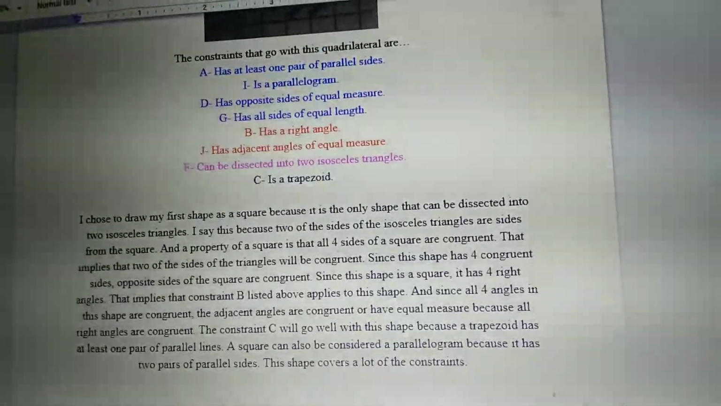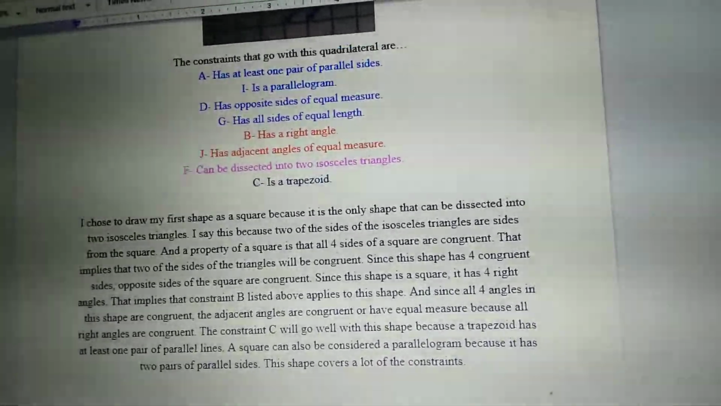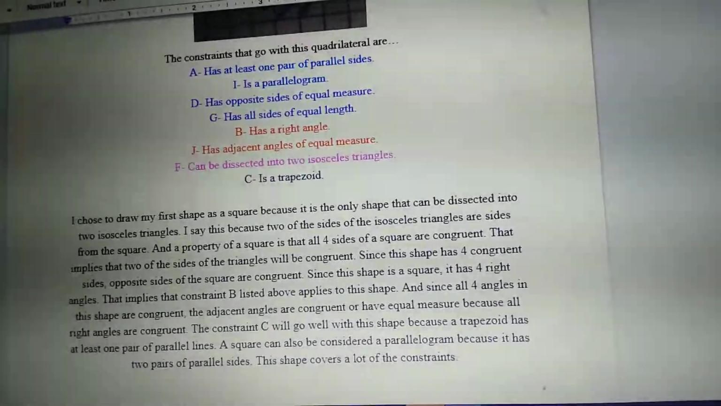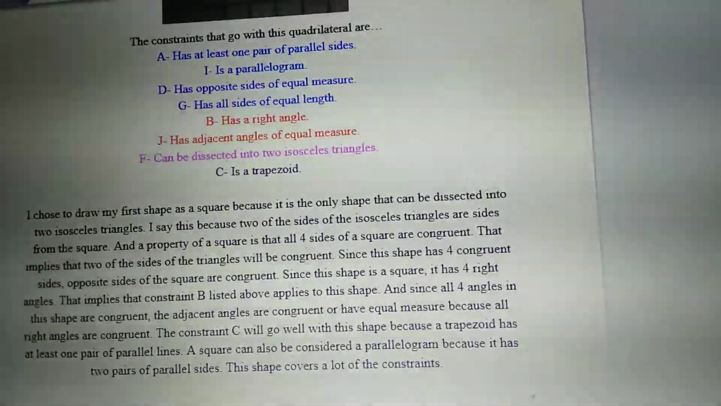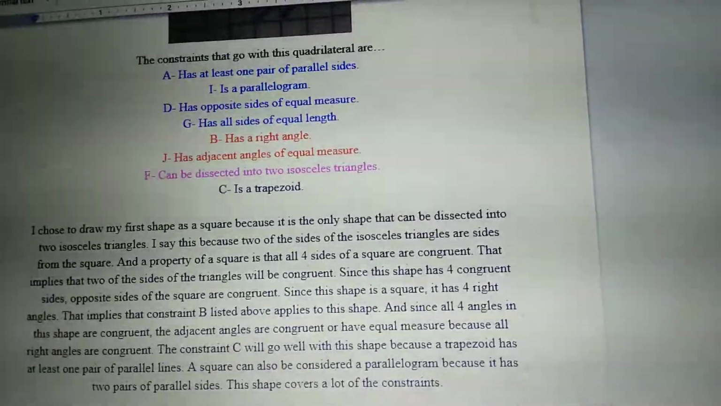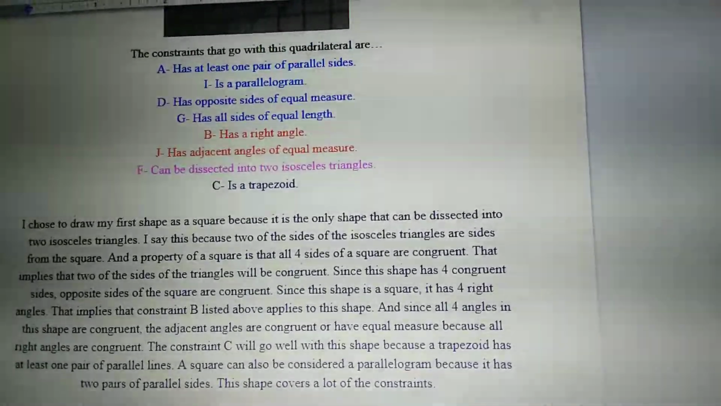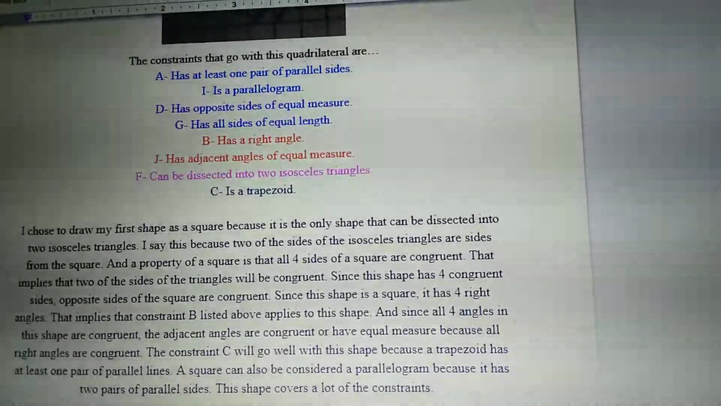And the constraint C can also go well with this shape because a trapezoid has at least 1 pair of parallel lines, even though it doesn't look like a trapezoid. A square can also be considered a parallelogram because it has 2 pairs of parallel sides. I think this shape covered most